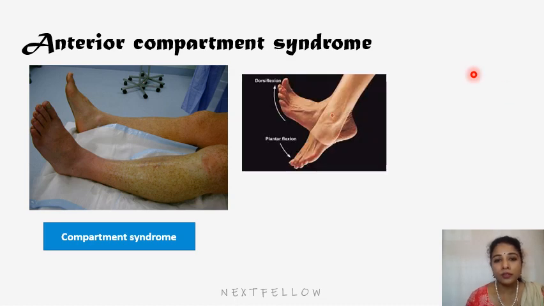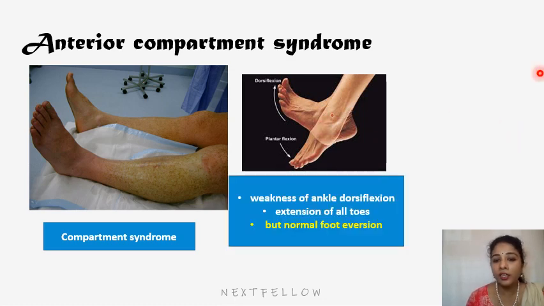So what happens in anterior compartment syndrome? All the anterior compartment muscles help in dorsiflexion of the foot. So the person will have foot drop, like plantar flexed. He won't be able to do dorsiflexion. So weakness of ankle dorsiflexors, extension of all toes will also be weak, but foot eversion will be normal,